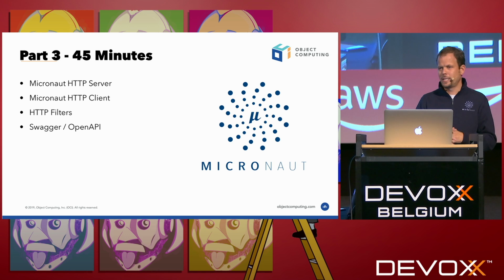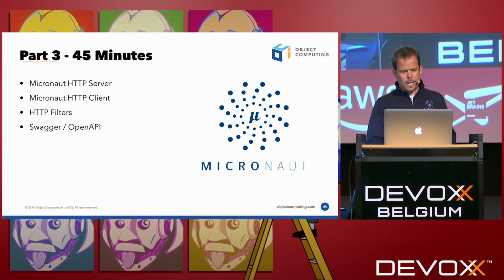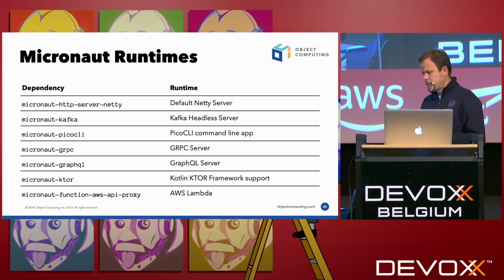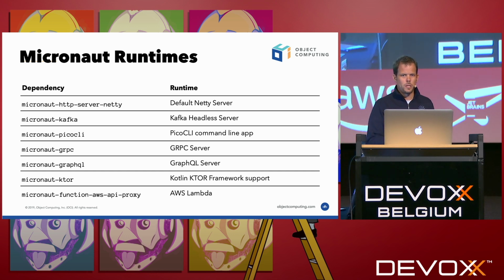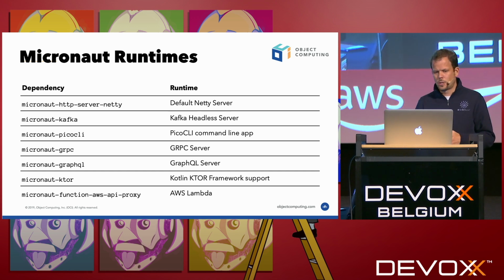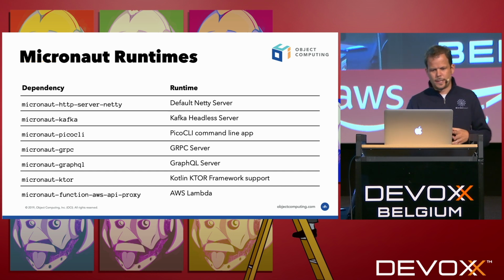Now we're going to look at the server, the client. We'll look at HTTP filters. We'll look at how we do things like Swagger, and we'll see how we go. So in terms of runtimes for Micronaut, there's actually, like I mentioned, multiple Micronaut runtimes. So the default runtime for Micronaut, I guess you would say, is the HTTP server, which is based on Netty, which is a reactive non-blocking server, but which also supports blocking workloads by offloading them to a worker thread pool,